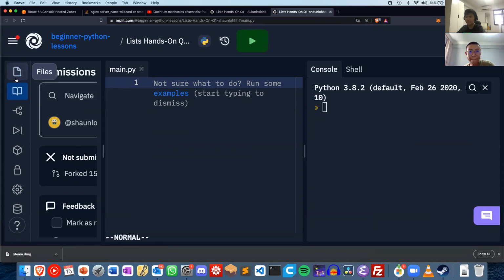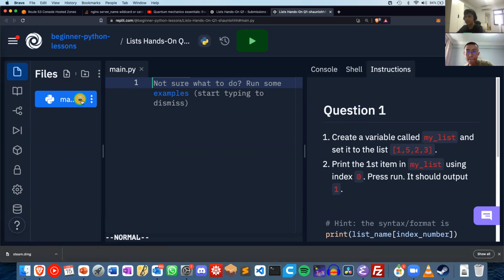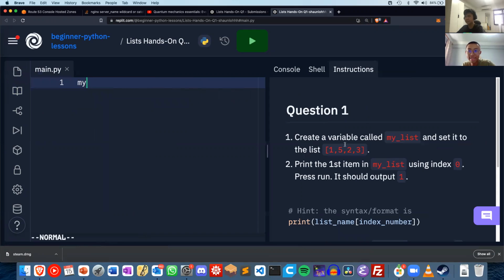Okay, so you can read the instructions and tell me if you have any questions. So to set it to equals the value, use the equal sign, just like in variables. Oh, okay. So you write my list, then you write equals, then you write the... Yeah, correct. That's very good. So then in the new line,